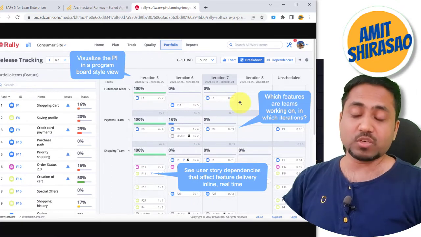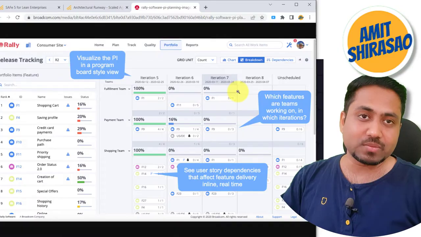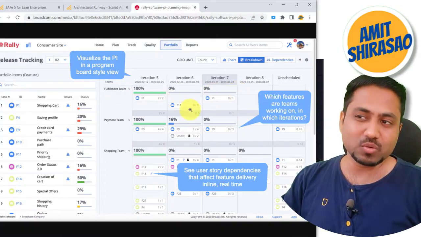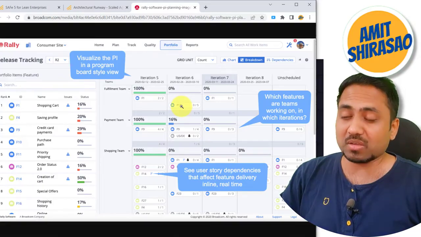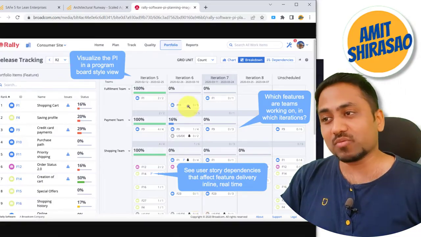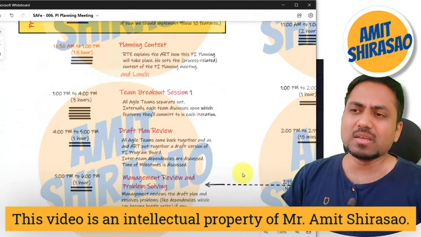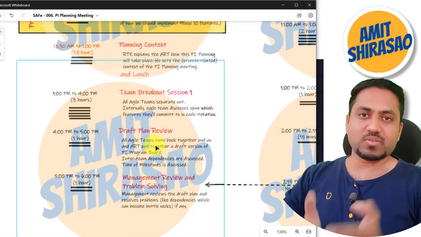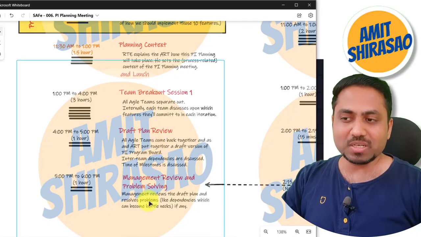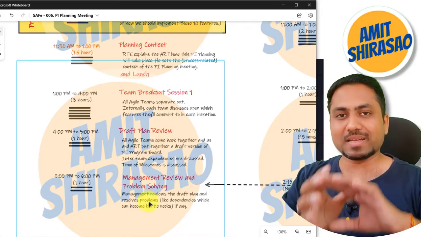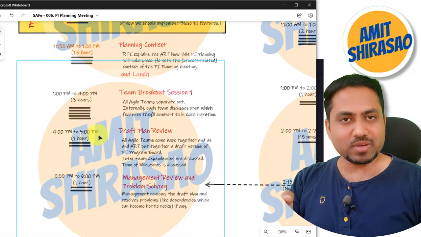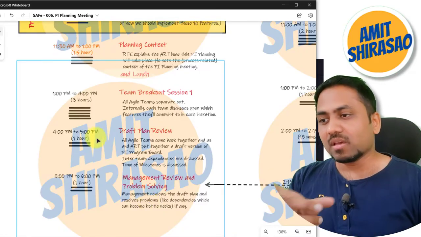So we need to do that. That kind of thing. Or maybe, what will the fulfillment team do in iteration 6? Then it has no work, so maybe that team's work will be given to this team. If that kind of activity doesn't happen at the draft plan review, if everything is not sorted out, then there's one more meeting. Mostly the entire ART is not expected to stay there. The ART leaves at 5 p.m., go home.